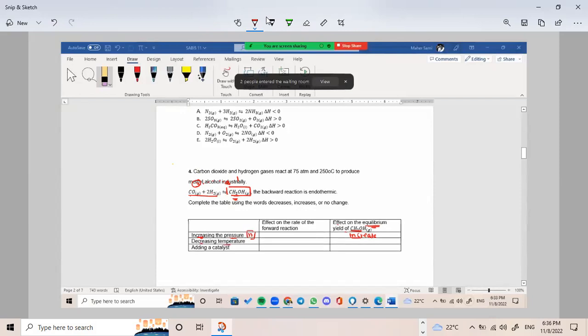طيب لو انا عملت ديكريزنج للتمبريتشر، هو قال لي ان الرياكشن بتاعك ده كان اندوثيرميك، يعني انا الهيت بتاعتي كانت هنا في الرياكتنت. وبالتالي انا لو قللت التمبريتشر ايه اللي هيحصل؟ هروح الناحيه اللي فيها الهيت، يبقى بالتالي هيقلل اليلد بتاع سي اتش 3 سي او اتش، يبقى ده هيحصل له decreasement هنا. طيب انا لو عملت adding للكاتاليست، adding الكاتاليست does not affect الايكوليبريم، يبقى no change. ليه؟ لان adding a catalyst increase the rate of forward reaction increase the backward reaction at the same rate. يعني بيخليهم هما الاثنين بيزودهم ولكن بنفس القوه، ما بيزودش حاجه عن حاجه. هل حد عنده مشكله يا شباب في السؤال ده؟